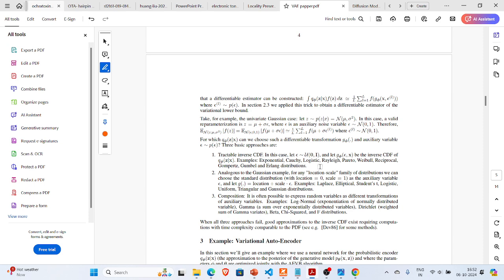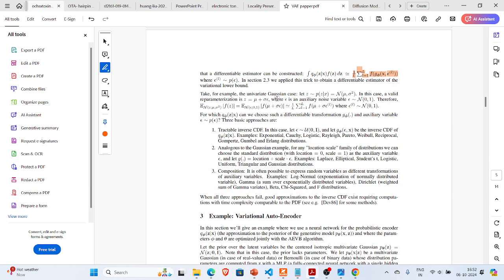So that is how we can approximate it to a function like this, and this summation is coming from the Monte Carlo approximation. So we have taken the common case of the Gaussian distribution, in which z varies by this distribution, and this is the reparameterization trick: z is equal to mu plus sigma times e,